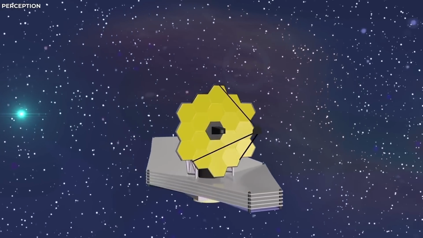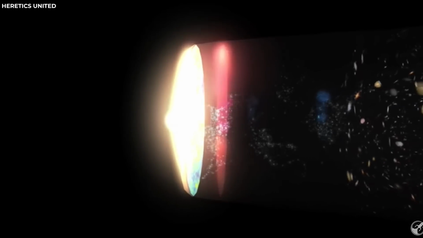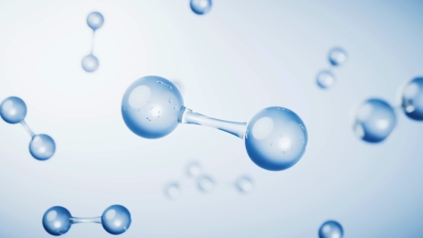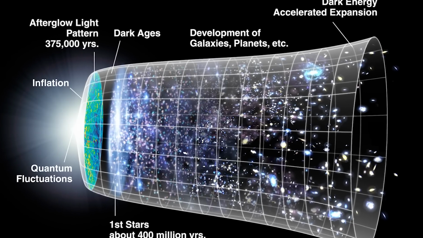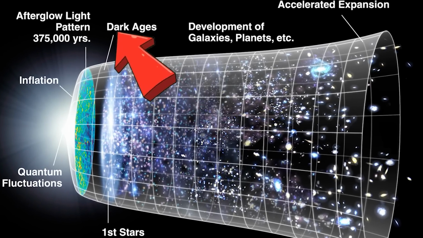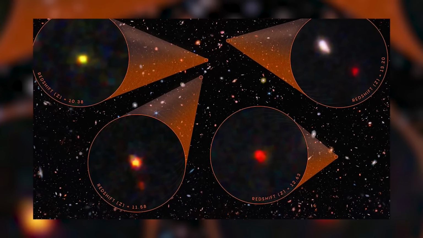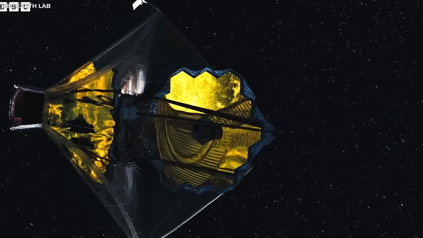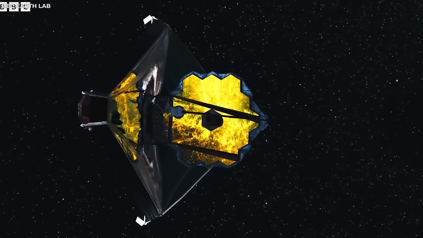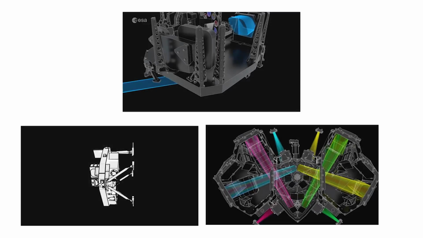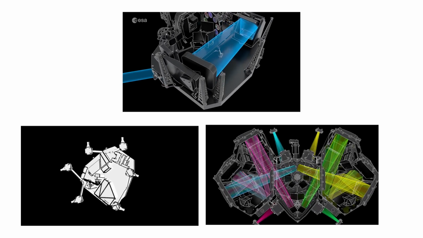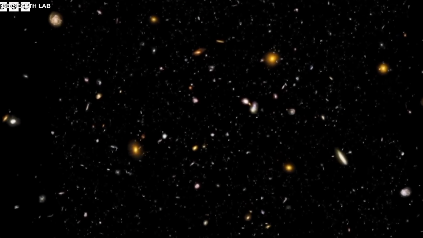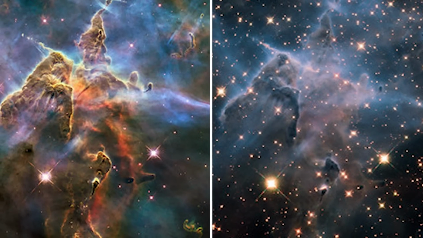And the JWST has also been researching the Big Bang by observing the era of reionization, which happened when the first light sources ionized the vast majority of hydrogen atoms in the intergalactic medium, bringing the cosmic dark ages to an end. The reionization epoch left a mark on the CMB and influenced the birth and evolution of galaxies. JWST has been investigating the reionization history and its impact on cosmic structures with its near-infrared imager and slitless spectrograph, NIRISS, and MIRI instruments.